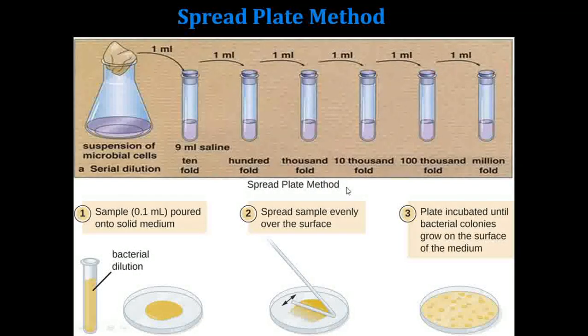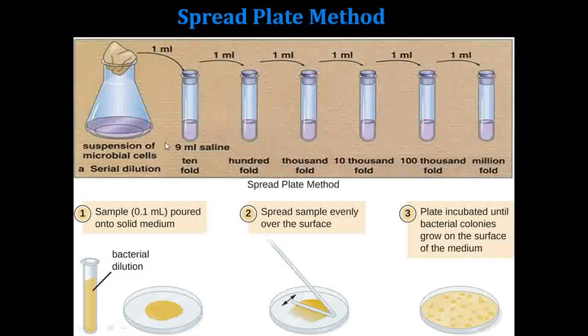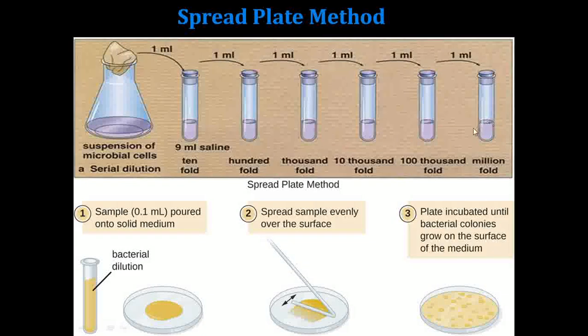In the same way as in the pour plate method, we will be performing a serial dilution. In this serial dilution, we'll be using saline rather than the nutrient broth we used in the pour plate method. This is a difference between pour and spread. Here we use saline, to which we add a microbial cell suspension. The way we have diluted, the highest dilution will have the lowest concentration. So it is serially diluted again.